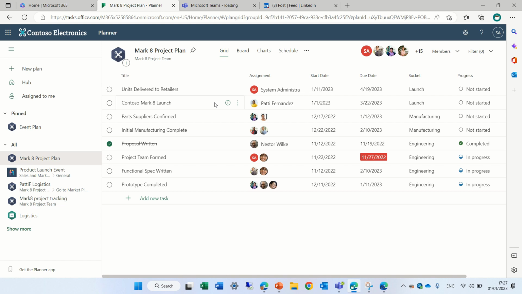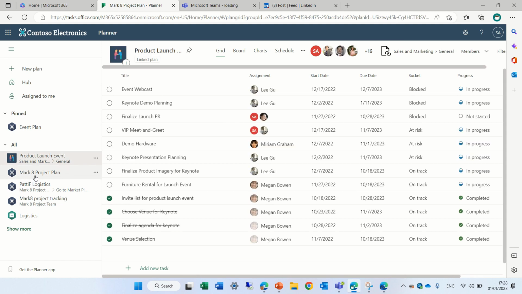Depending on the type of the plan, if it's a plan which is connected to SharePoint, or if it's a plan in a team, you'll see different menus. So in this case, I see nothing special. In this case, because this is within a plan and a channel, I have this icon here, and you see it's under general, and there's a channel sales and marketing.